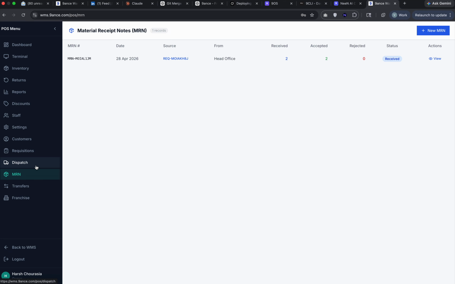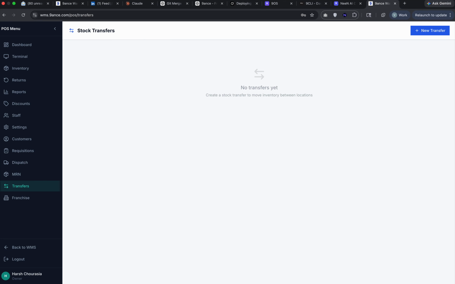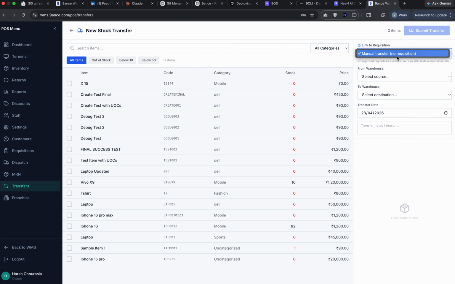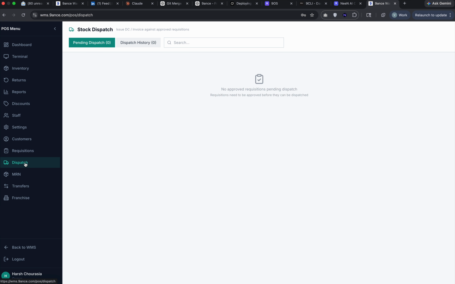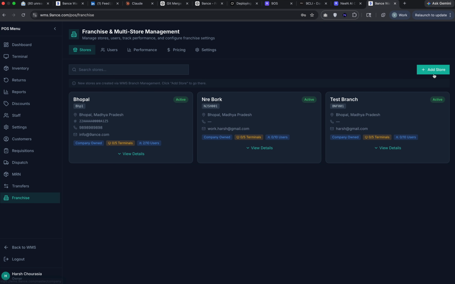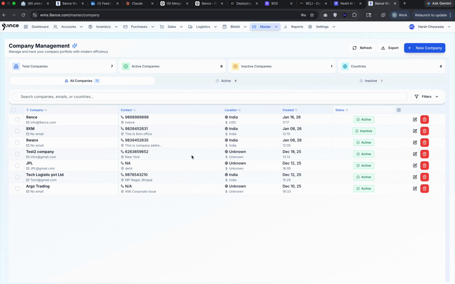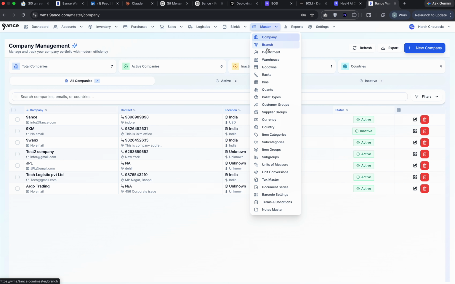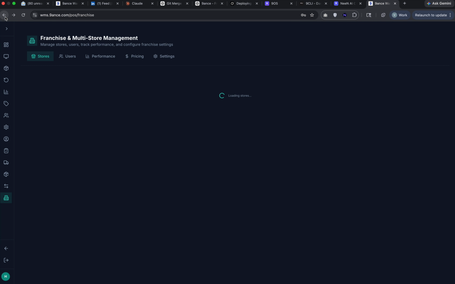Whenever the HO performs these things, they can perform transfers. In the transfer they can manage the requisition model. As per the requisition they can initiate the transfer, and on those transfers they can also control the dispatch model. At last we have the franchisee, where you can create different kinds of stores. You just need to create the branch first in the WMS. After the branch creation,